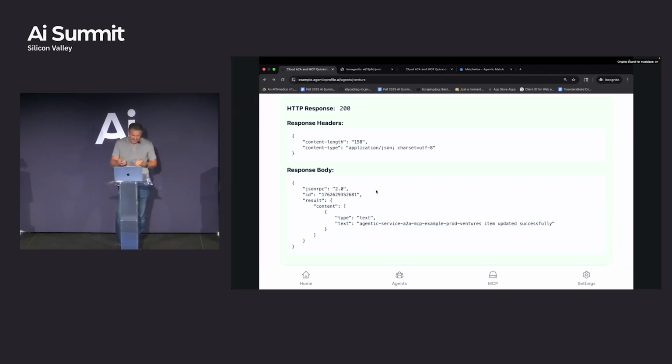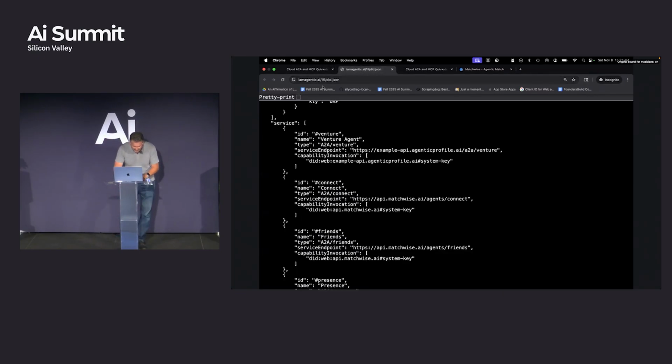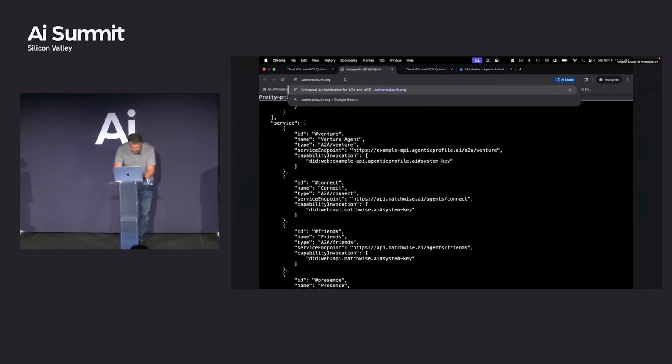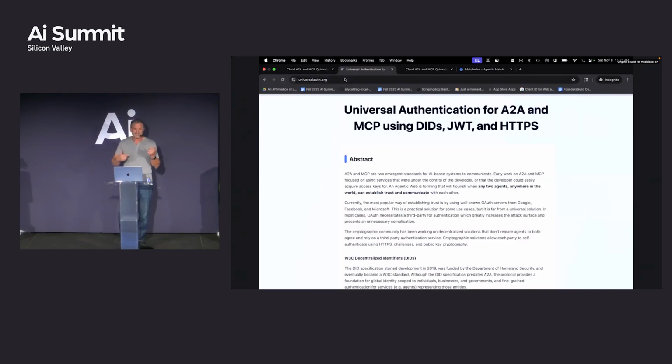But the good thing about it is, actually two things in here. Let's do a couple different things right now. Go here. So this is a quick little page. I think this is in the resources. So Universal Auth, I just threw this web page up to describe what it is. So here's the mechanics of what we're talking about right now.